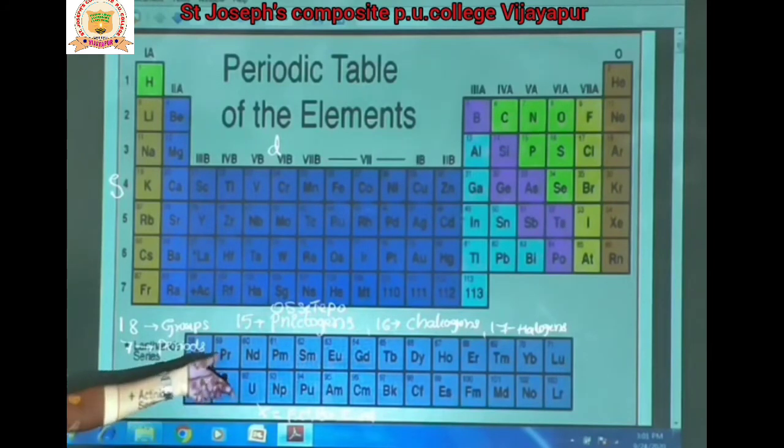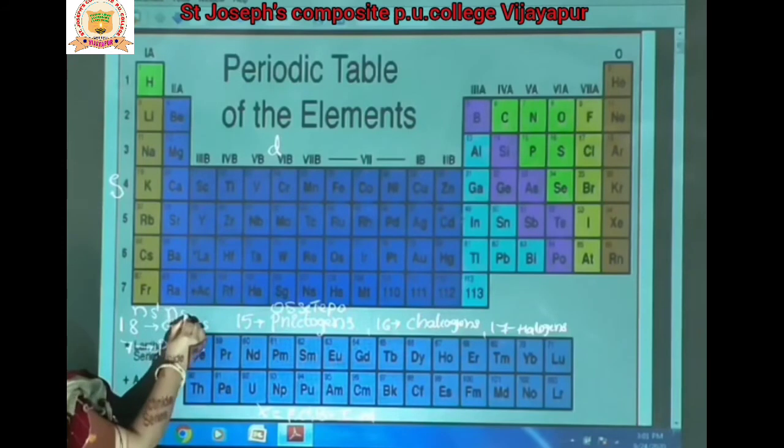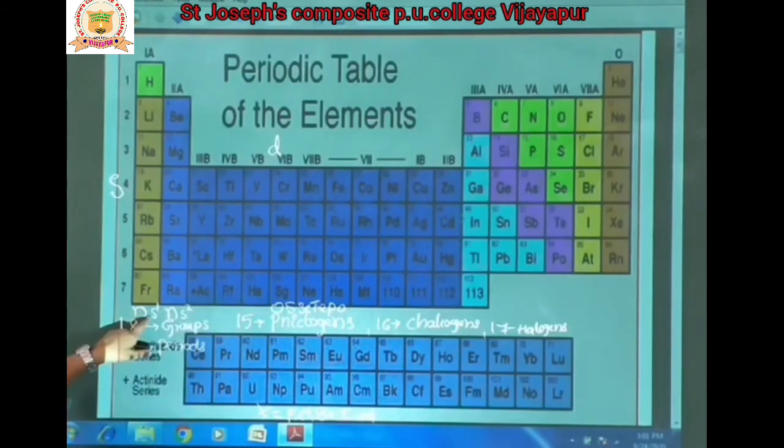Next, these F block elements. F block elements we call inner transition elements. Next, the general electronic configuration. The general electronic configuration of first group elements is ns1 and of second group elements is ns2, because here the last valence shell consists of one electron, so they all carry +1 oxidation state. Here the last valence shell consists of 2 electrons, so this shows the +2 oxidation state.